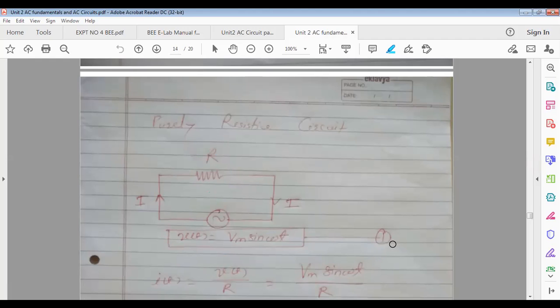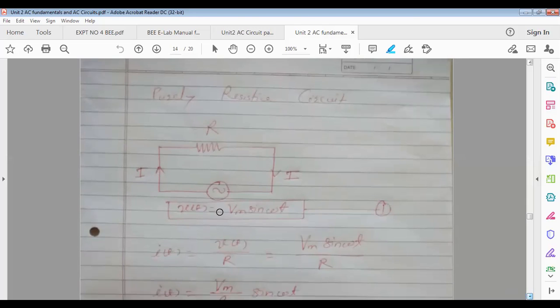And in numericals, the instantaneous voltage equation and current equation will be given to you, resistance will be given to you, and they will ask you to calculate the unknown parameters. Is this clear to everyone? So first of all, we will derive the relations and formulas so that you can simplify all the relations. We will see impedance triangle, phasor diagram, power triangle, voltage triangle, and then we'll simplify the circuit. Okay, so see here, it's a purely resistive circuit.